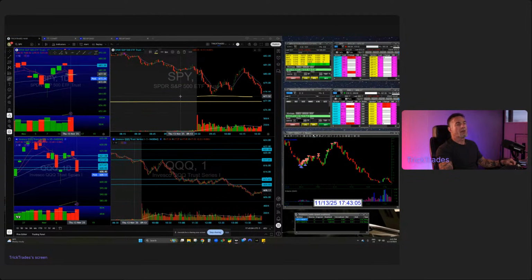So why is the 20 SMA on the daily so important? The 20 SMA is a super valid level. It's what I consider a super valid level, especially upon first test. So when it first tests it, this is more of a secondary test, but you will have swing traders, right? So the 20 SMA, what it's actually used for, you'll have that where people will finally get a fair price to add into their swing trading positions or their longer term hold positions. Okay, they'll use these moving averages as a guide, because that is the average price over 20 periods. So that's 20, might as well call it 20 days on the daily chart, where that is the most fair